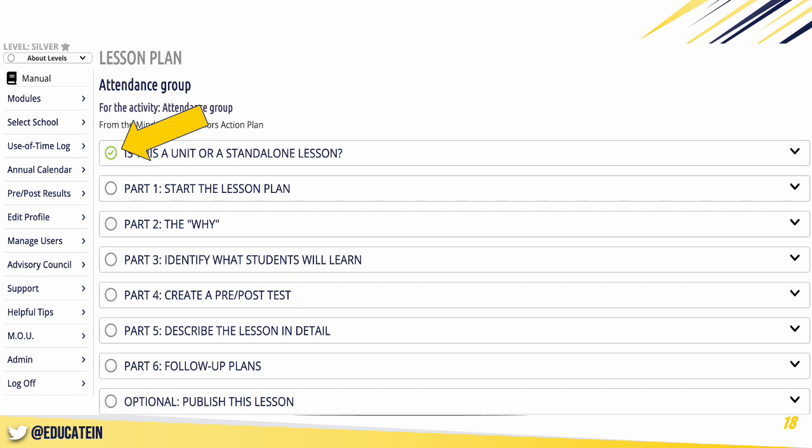Continue with each of the tasks as listed, selecting "This section is complete" once you have completed each task. When you've checked "This section is complete," the empty gray circle will become a green circle with a check mark. This is to help you keep track of where you are in the lesson plan and what still needs to